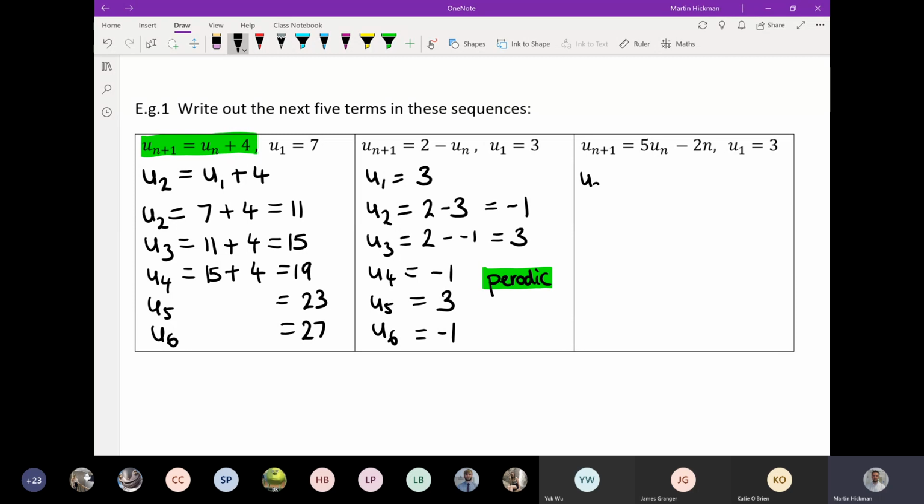So to find u2, I've got to do 5 times u1. If this is u2, then your n must have been 1 here, 1 plus 1 to make the 2. So I put in u1, which is 3. And then in this case, n is just